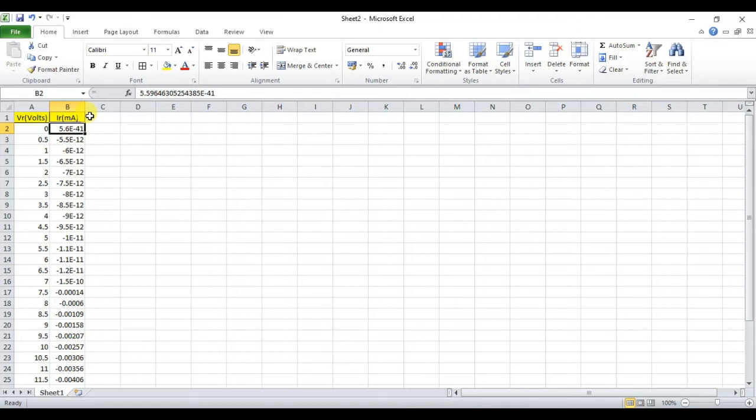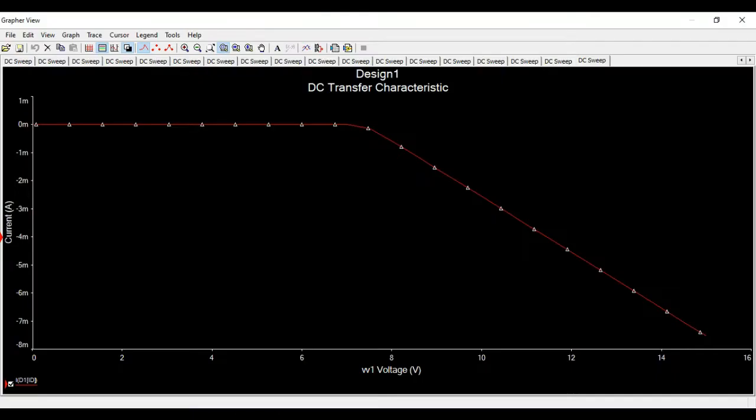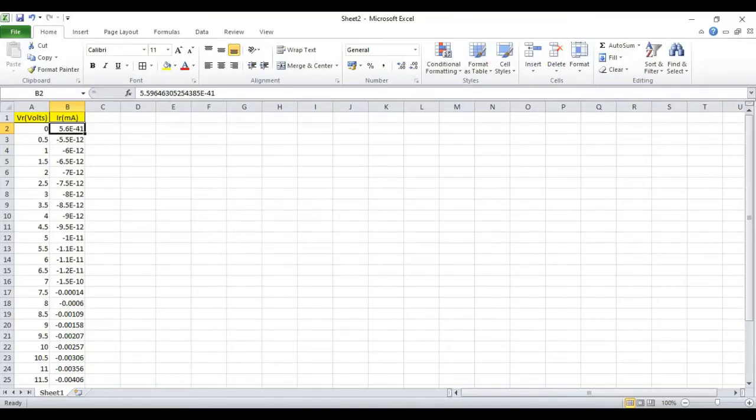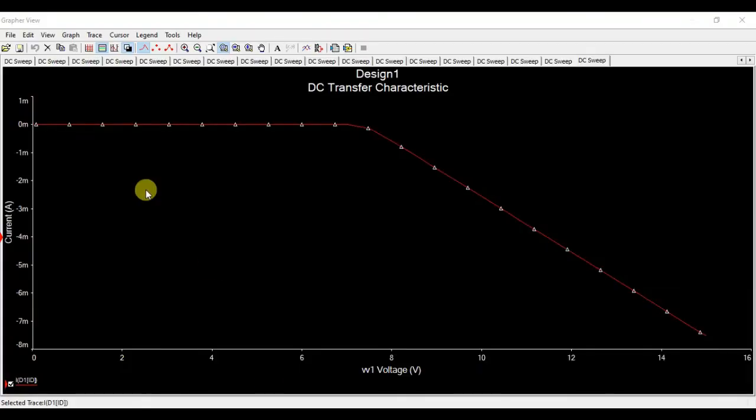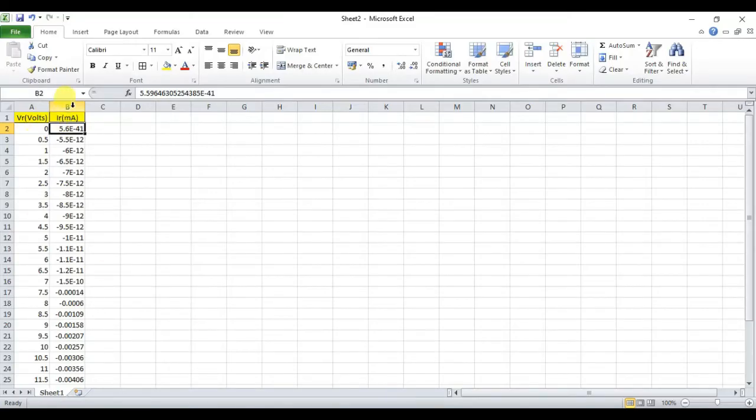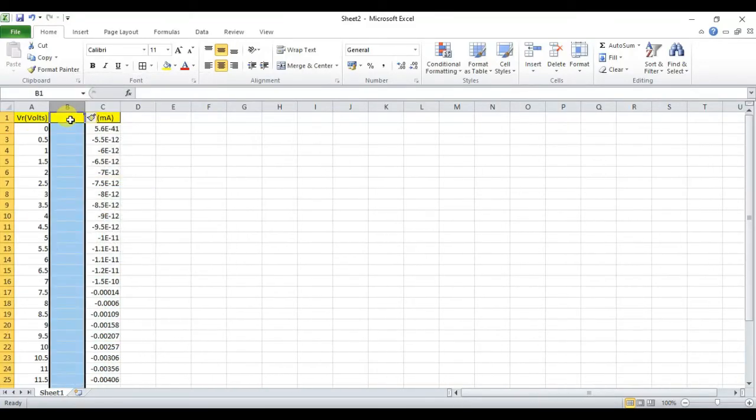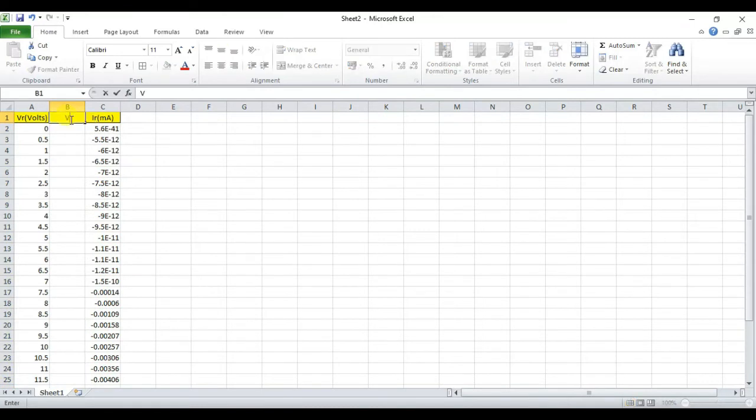But the applied voltage here, I already told you in the previous video that it is not possible to give the negative voltage in Multisim, so we are applying and executing the graph in the positive voltage itself. That's why we are not getting the graph in the third quadrant. Here it is in the first quadrant. If we change the values to the negative values, similar values but negative, then